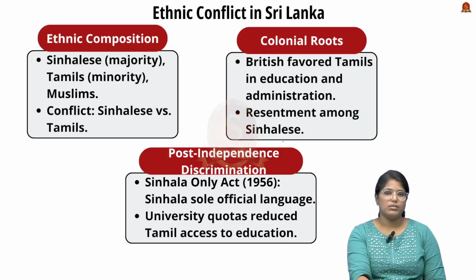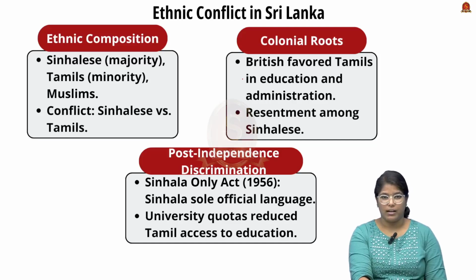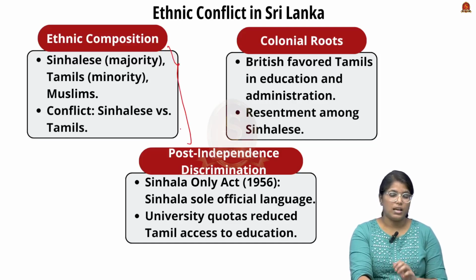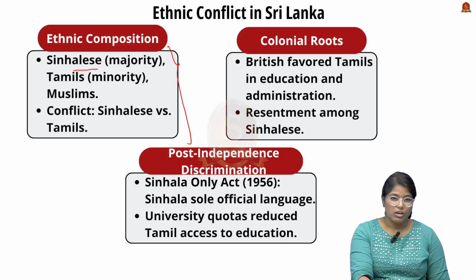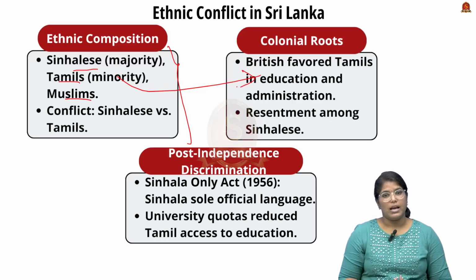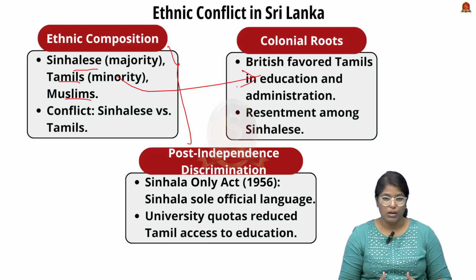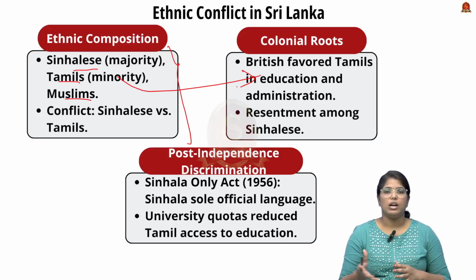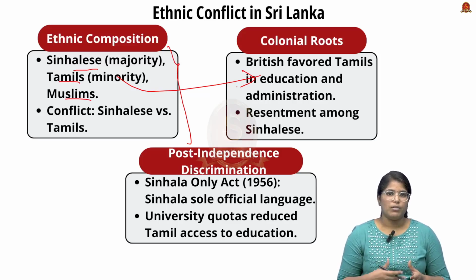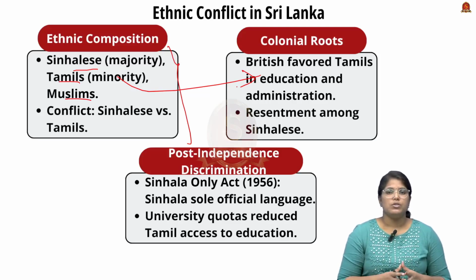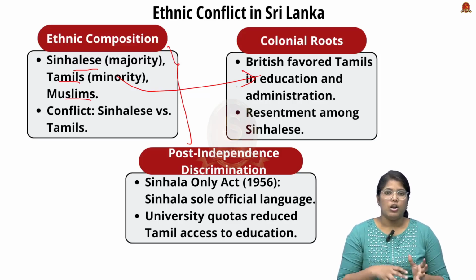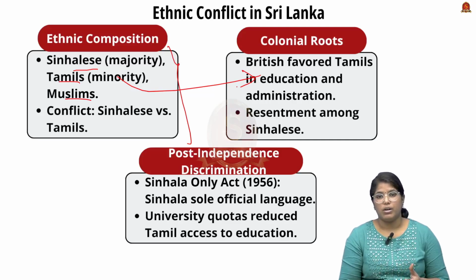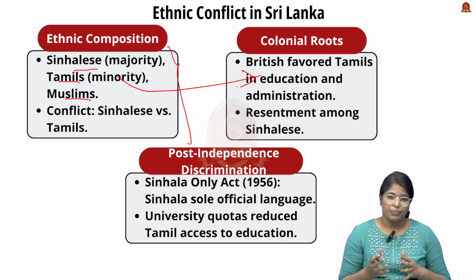So let's start with what the actual ethnic conflict in Sri Lanka is. Sri Lanka as a country has three different ethnic compositions. First is the majority Sinhalese, then we have the minorities, the Tamils, and the Muslims. This Tamil population was brought to Sri Lanka for work by the British during the colonial era, to work on the agricultural land in Sri Lanka. When there was a large Tamil population in the Sri Lankan region, a lot of allowances in terms of administration were granted by the British government. So this is during the colonial era.